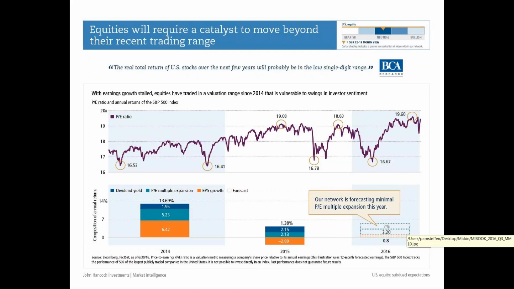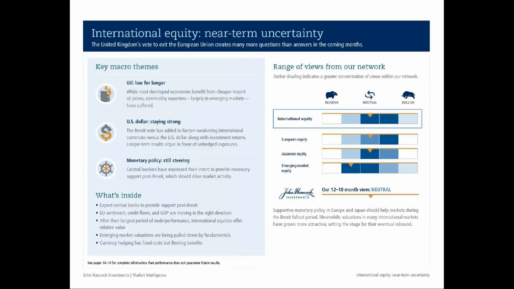We still think that earnings can come through at a modest pace and be positive. We think dividends can help us get a positive return, and that we don't need to rely on multiples for everything. It might just be a slow growth environment where we see kind of a 4 to 6% return, with dividends being almost a third or half of that return. So that's kind of what we're looking at for U.S. equities. All right, turning to international equities.